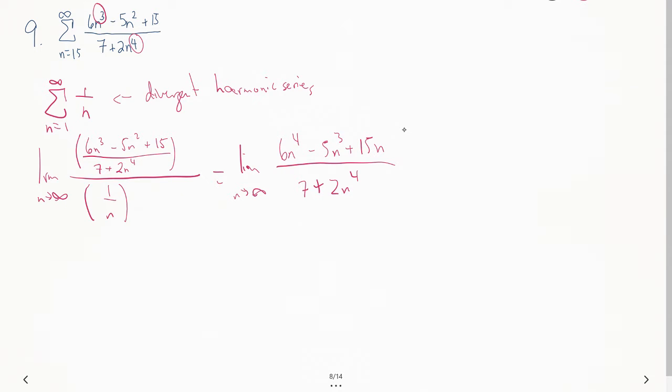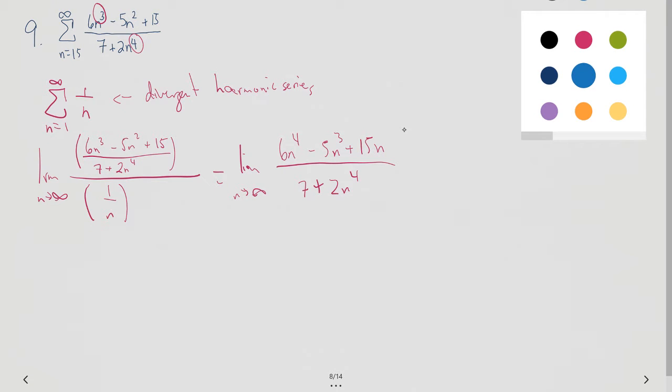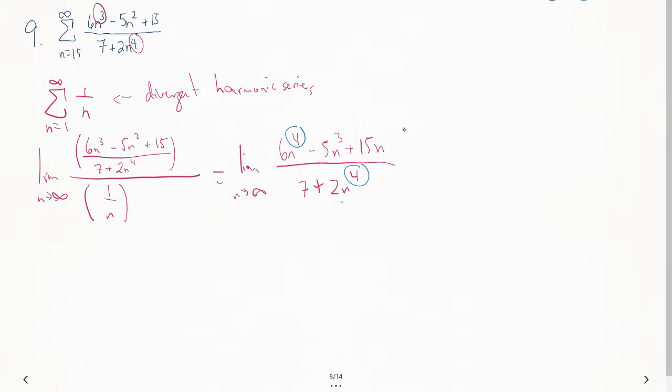Okay, notice the degrees. Once again, degrees of these are 4, so we look at the leading coefficients associated with those degrees. So the whole limit on this thing is just 6 over 2, which equals 3. So since that limit is not 0,